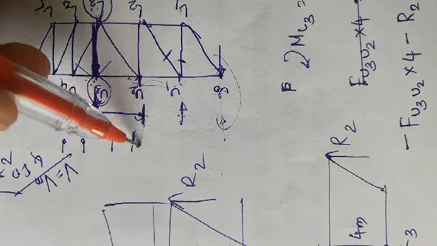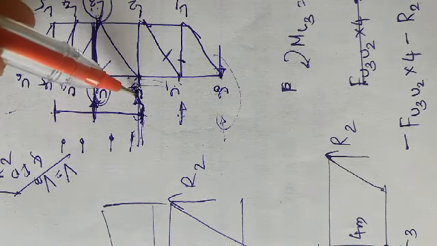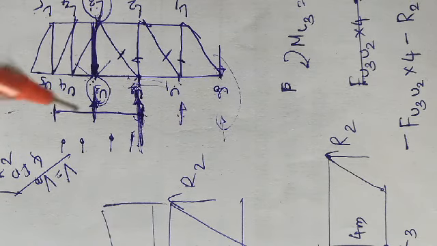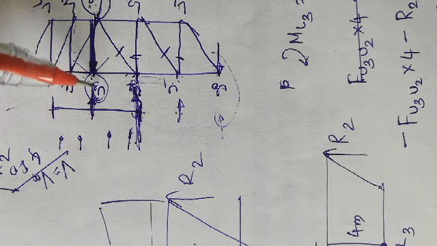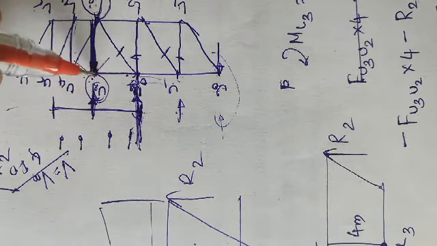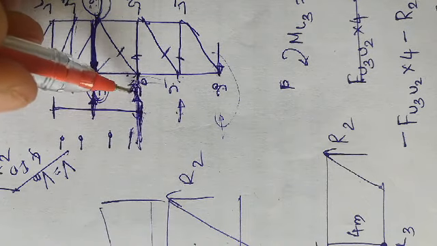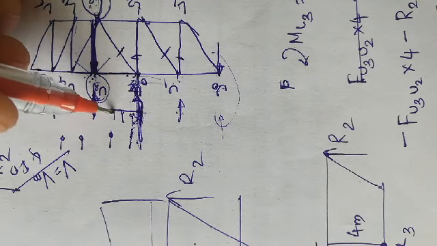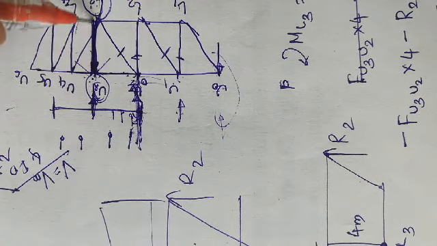Next, as soon as the load enters U2, the complete unit load is taken by this vertical member and the horizontal member. Even at this point, there is no load transferred to U3 L3. That means the force in U3 L3 is 0, correct? Next, as the load moves in the region from U2 towards U3, the force starts being taken by this member.